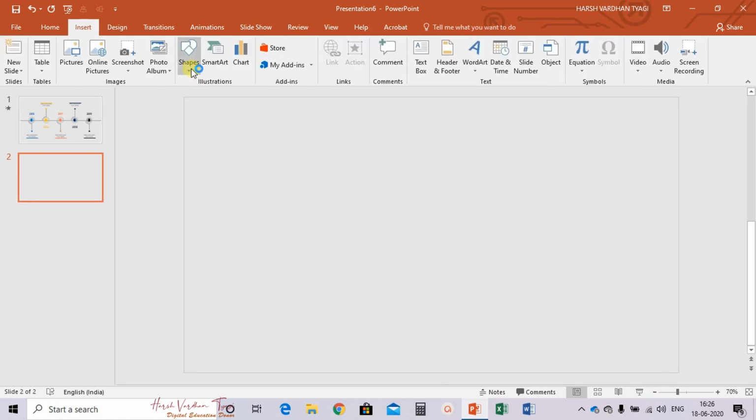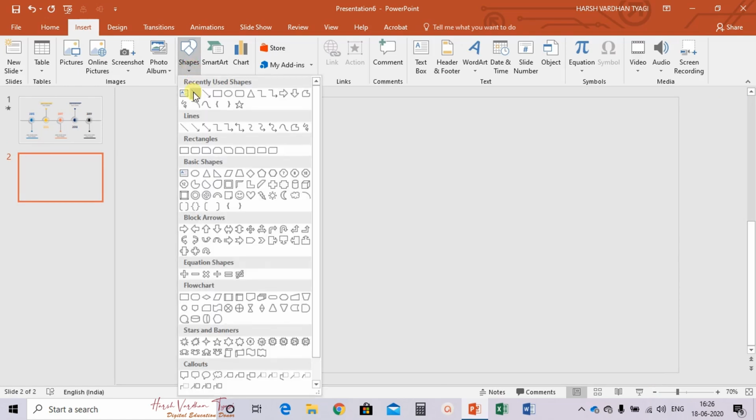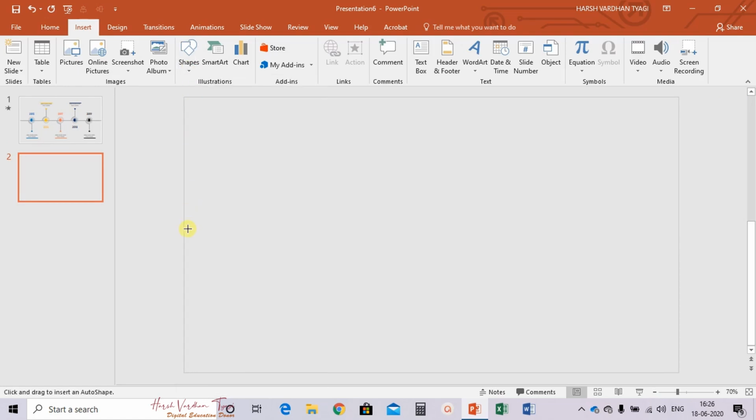In the insert tab, click on shapes and select this line. Now draw a line this much. Fine.